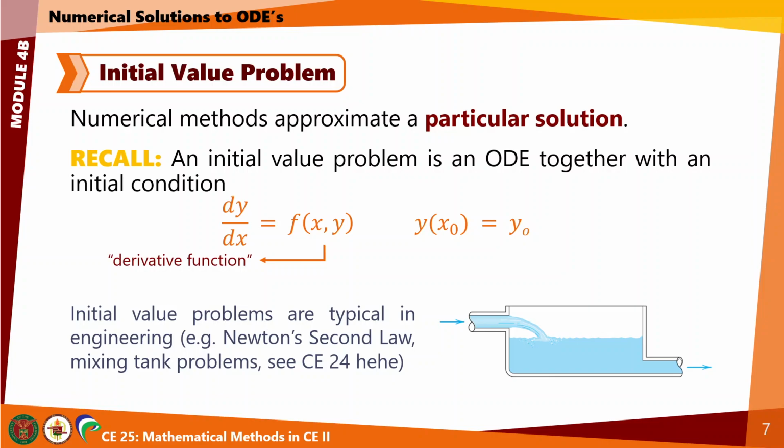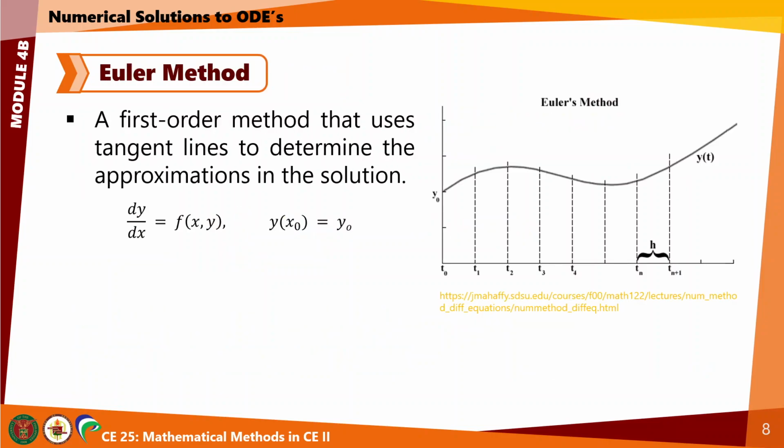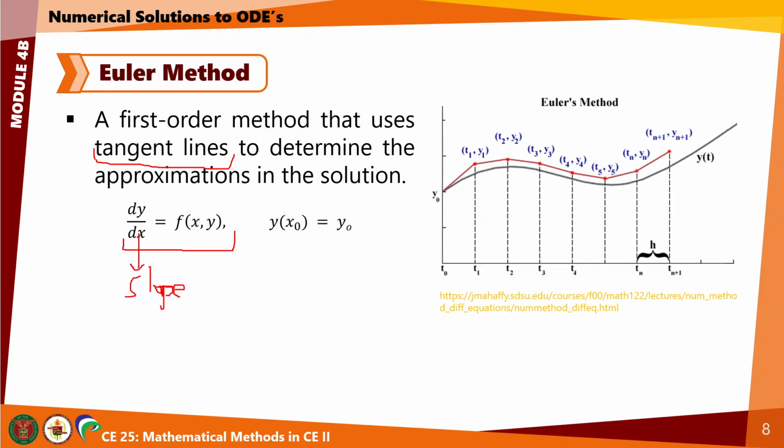Okay, so now that we know the concept of the initial value problem, let's discuss the first numerical method called the Euler method. Euler method, it's a first order method that uses tangent lines. Okay, bakit? Kasi nga meron tayong derivative function which is basically your slope of the tangent line. Slope of the tangent line at a given point in your function. Tama? So if this is your slope, meaning if you substitute points into your derivative function, yung makuha mong value is the slope of the tangent line